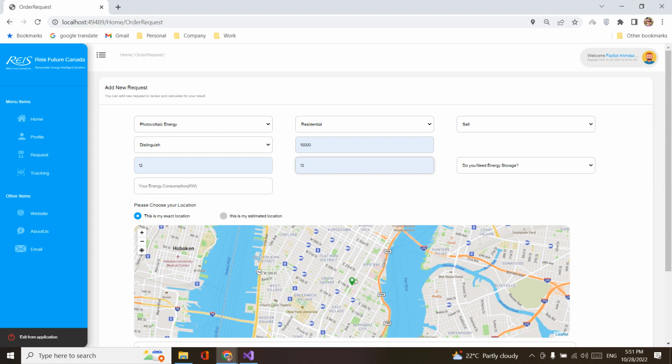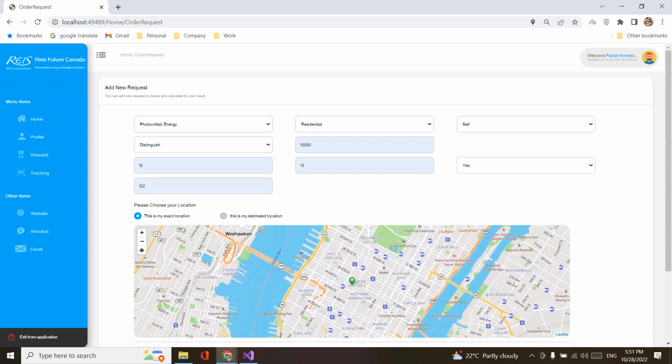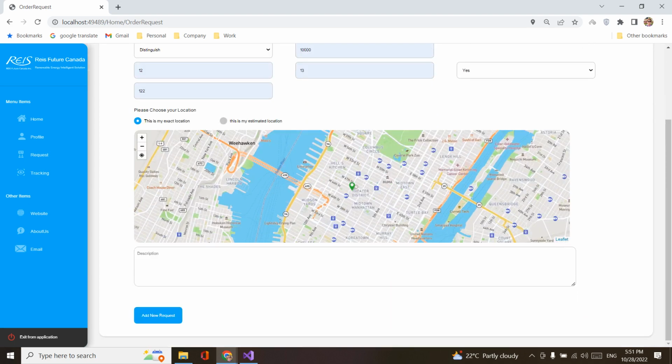And you must specify whether you need energy storage or not, and the energy consumption, for example, 100 to 22 kilowatts. And finally, you must specify the location. For example, in the sample of installing solar panel, the location is specified. And then add new request.